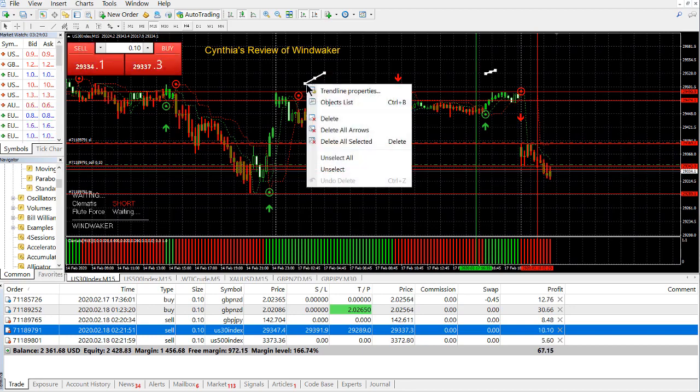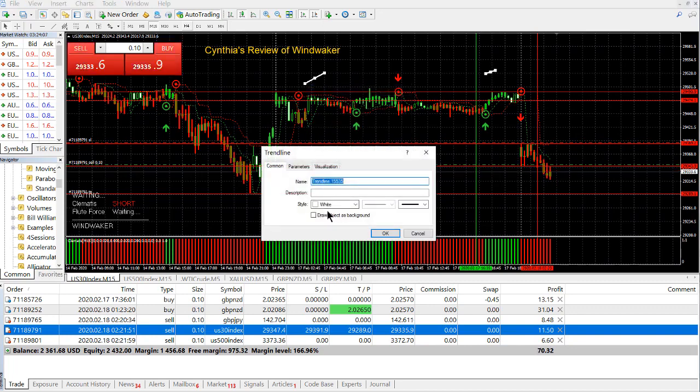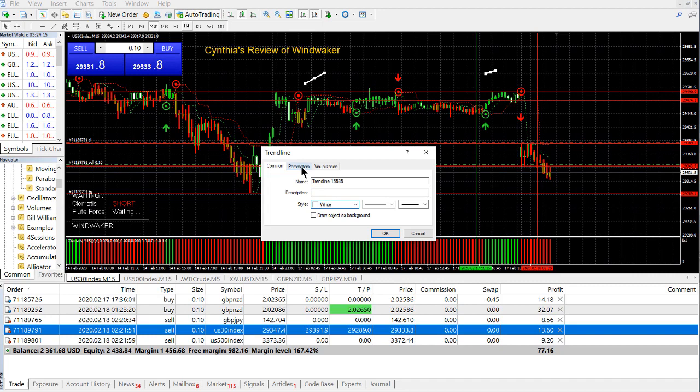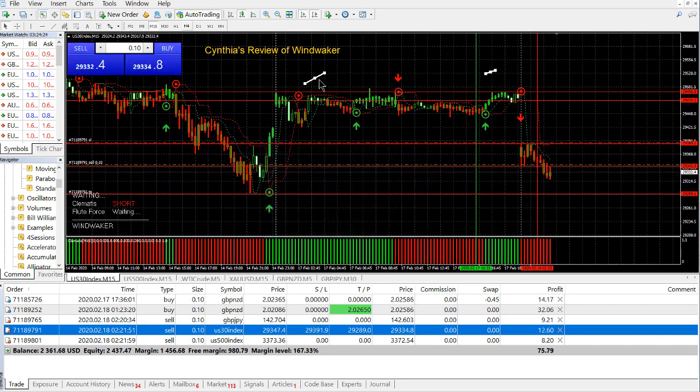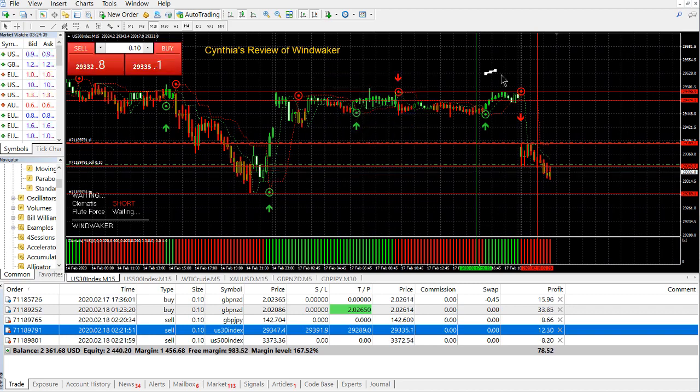If you right mouse click on it, you can see the properties, and you can make the line thicker or narrower, or you can change the color. And if you go into parameters, it's not array, so that's how I get this short white line. And you can do that for marking up your charts to show where your exit is, so I like to use that. So I'm just going to click delete,